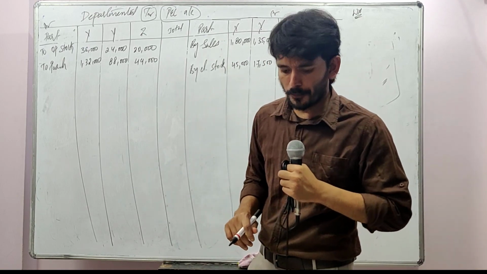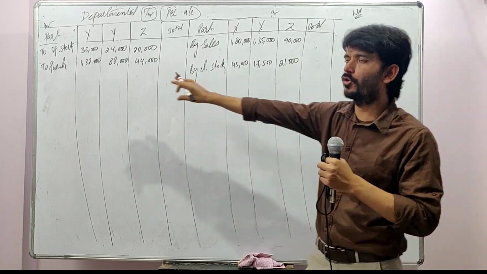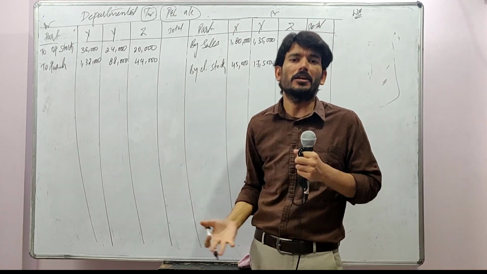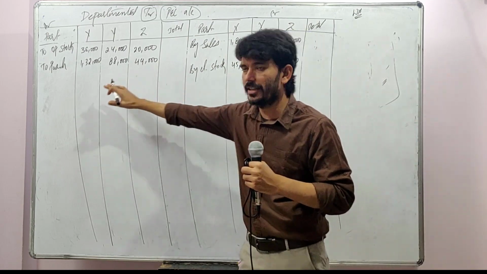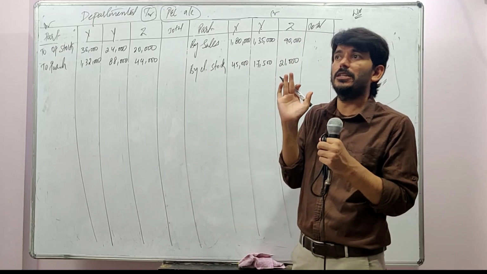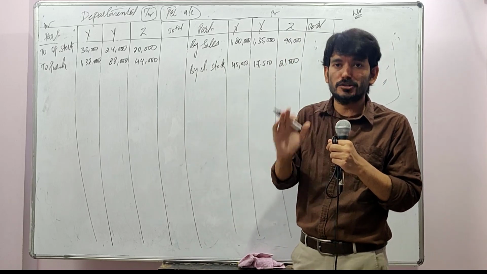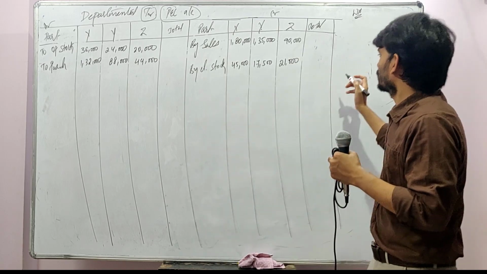Fine. Number of employees in each department. So for each department they are giving the number of employees. Again, you don't write it there. Same reason I'm telling you, because you should not be making this mistake in the examination. You should not be writing it anywhere, because the number of employees is given only because there may be an expenditure which is relating to the number of employees.